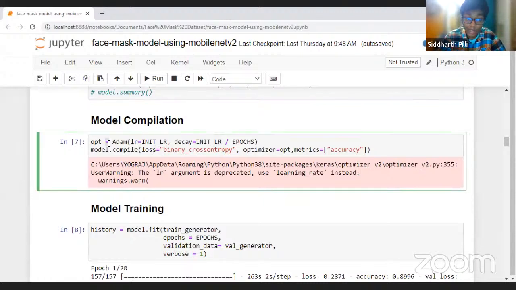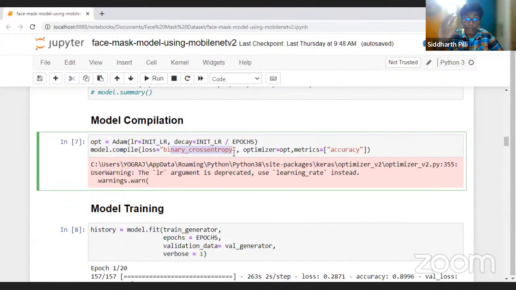And then we have our optimizer. Like I said, we have to just keep things simple. We have used Adam as our optimizer. And finally, loss function. Because we're dealing with a simple classification problem, which means we have only 2 classes, we're using binary cross entropy as our loss function.